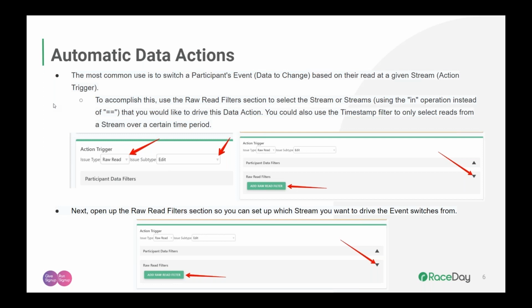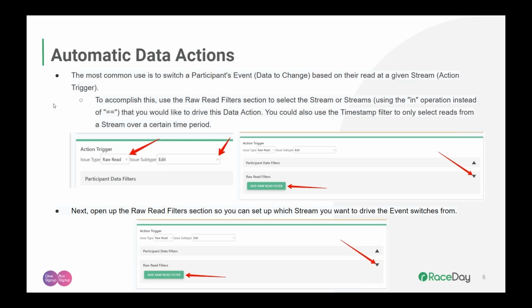You would select the stream. For the operation, you would select in instead of equals, and you would use a timestamp filter that says, if someone reads at this location, then they are in this event. So let's say you have a half marathon and a 5K, and you have a check mat